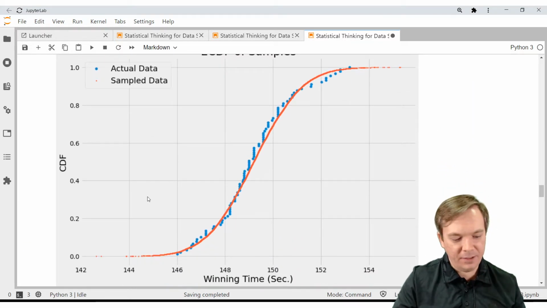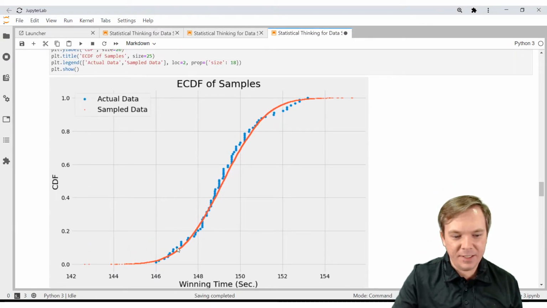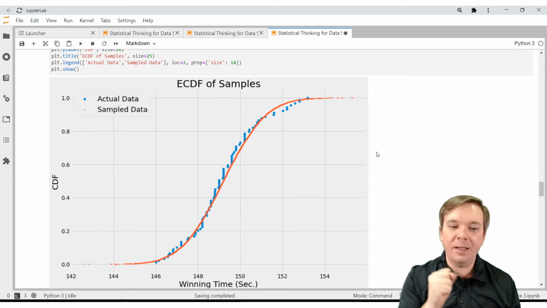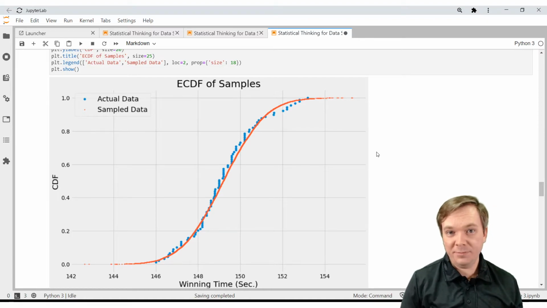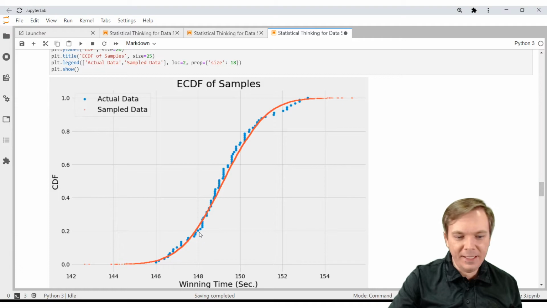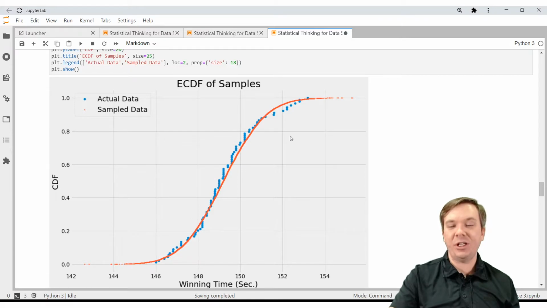And we can see here, and I'll zoom out a little bit so we can see the whole graph, the ECDF of our actual data is in blue, and the ECDF of our sample data is in red. Remember, the red data is what would theoretically be a perfect normal distribution, and the blue data is what our actual data is. So what does it look like? Does it look normal? It's pretty close, right? And this is a really good way to test whether something is a normal distribution or not. You can see here that there are some outliers here, and some outliers over here. So the tails of our distribution may not be perfect, but